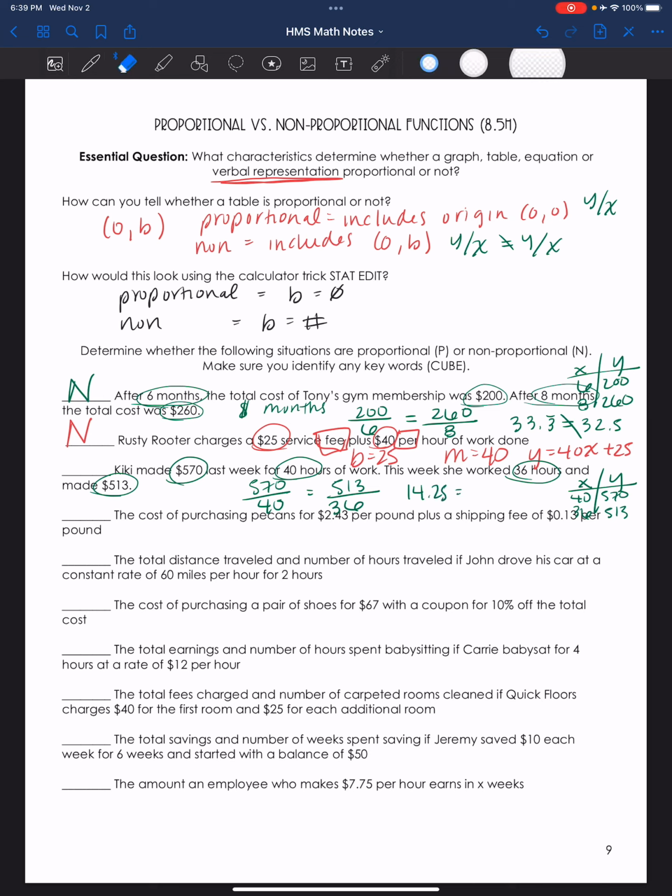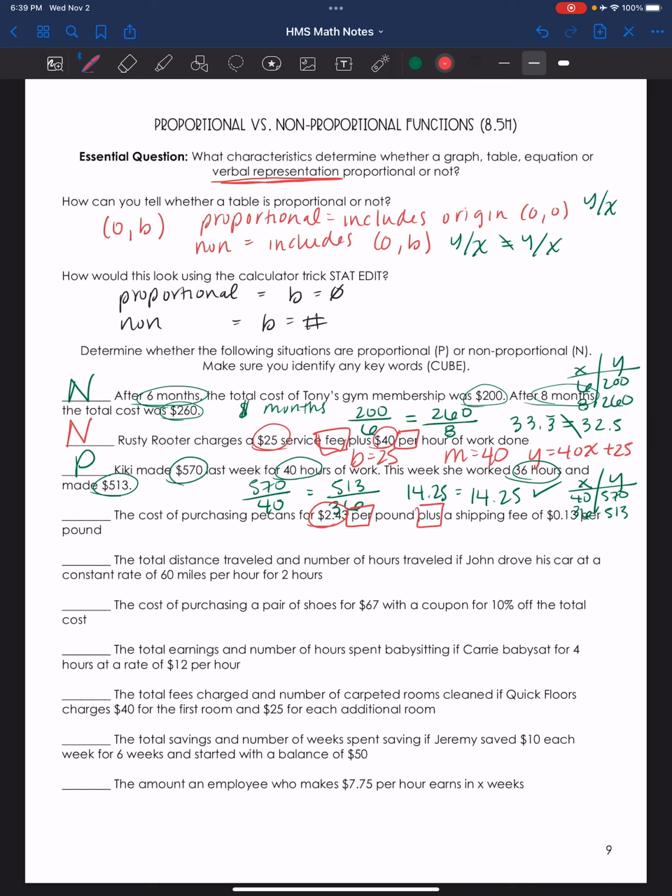513 divided by 36 is 14.25. Since they are equal to each other, and that checks out, I know that this is proportional. Cool. Next problem. The cost of purchasing pecans for $2.43 per pound